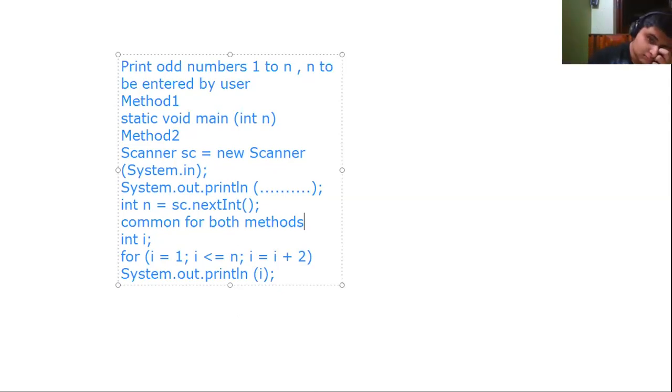So when you do a program in which they ask you to enter a number, once you do it by Scanner and once you do it by static void main with the int n parameter. That is called parameter input. So either you do it by parameter input or by the Scanner method. And later the same thing you can do with BufferedReader. But the main program is the same.